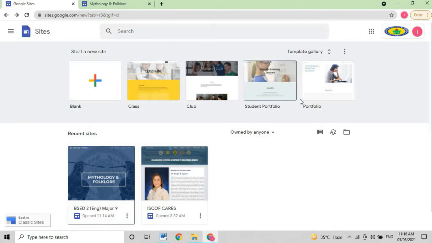Unlike this, four templates that are given here which are already laid out, and you can also change the things that you would like to put in your website, but I preferred to have this blank site. So we will start with nothing. Okay, so we will click this plus sign and then